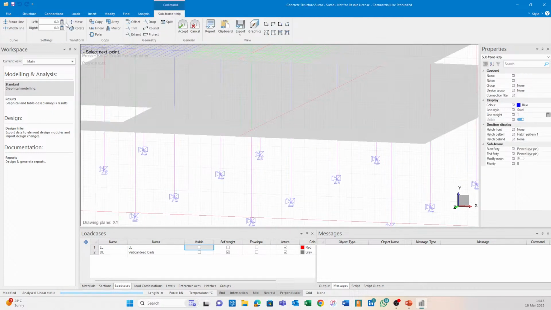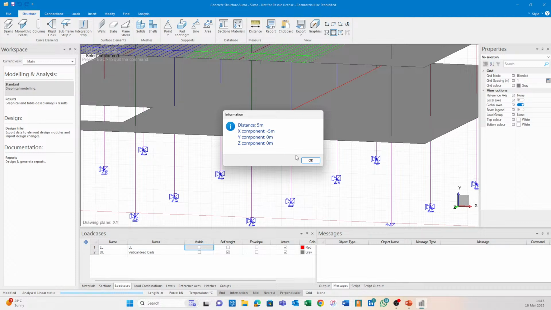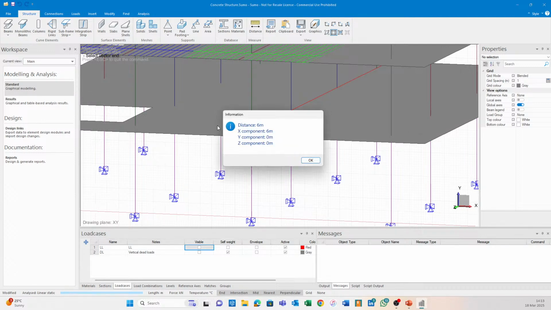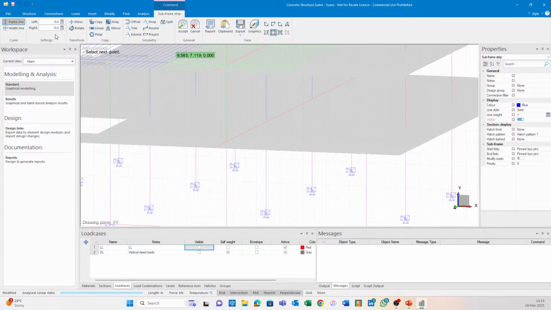All right, so now I'm going to go to subframe strip, and the left and right values are basically the tributary width on either side of the subframe strip. So if we check in this scenario, if I just measure between these two columns, we see it's 5 meters, so the tributary width on that side is 2.5. On this side it's 6, so the tributary width on this side is 3 meters. So I'm going to subframe strip, left 2.5, right 3, and I'm going to start by clicking once on the